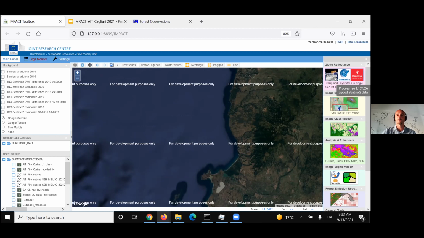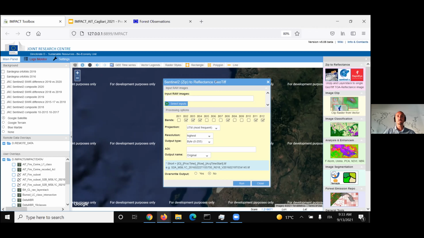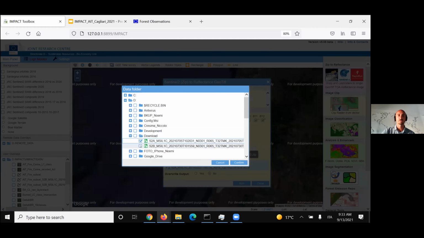But don't forget, we can build up some extra modules for other applications as well. So now the idea is to ingest our Sentinel data. Ingesting is pretty much easy. Once we download the zip archive containing our Sentinel data, it's enough to go on your drive where you download it, select them,